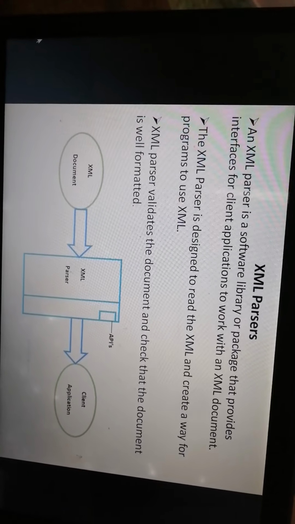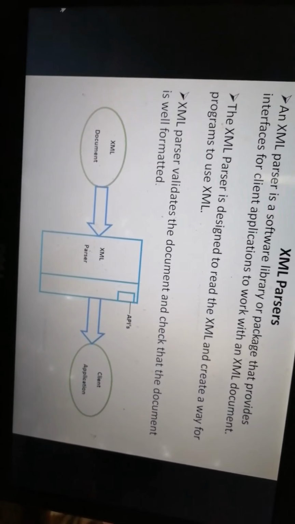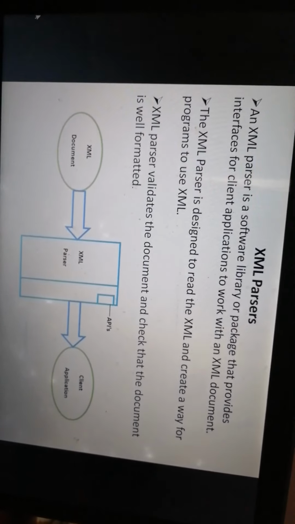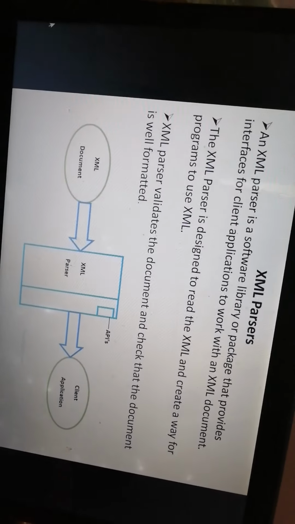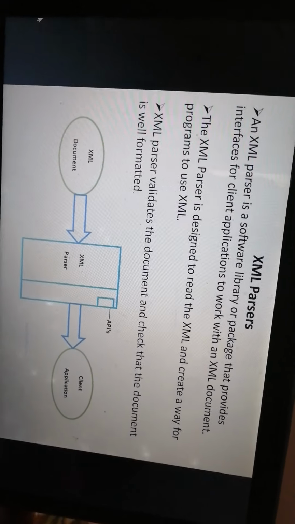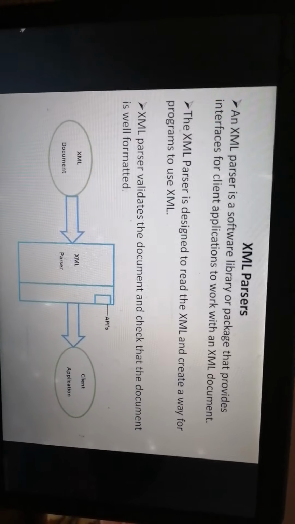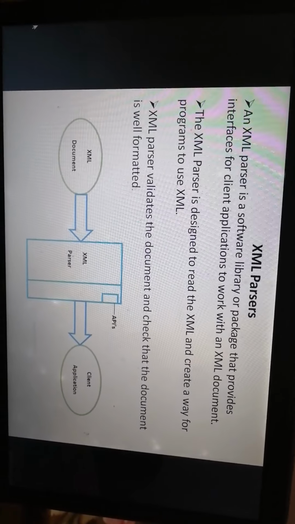We have an XML document, and to work with that XML document we use a parser. The XML parser is designed to read the XML and create a way for programs to use XML.